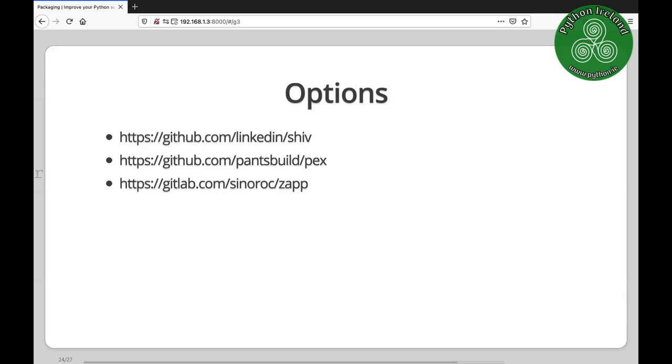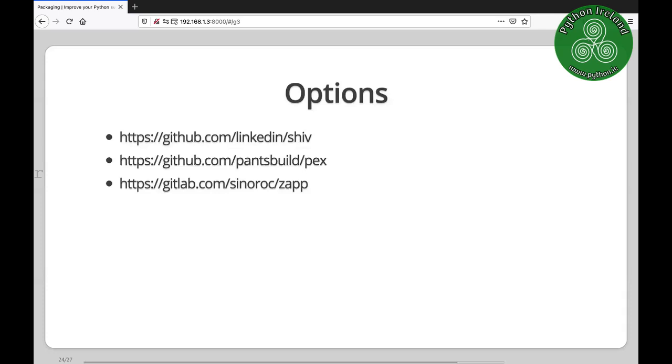LinkedIn have a version called Shiv, and out of the Pants project, there's a tool called PEX, and both of these are quite clever in that they actually extend upon the zipapp format. You remember right back at the start, we talked about, are we packaging up just Python, or are there other libraries or artifacts from compiled languages? Maybe there's a C library, something else that would be in our wheel if we were making a wheel. Well, the zipapp as implemented in the standard library doesn't really support those other shared libraries inside the